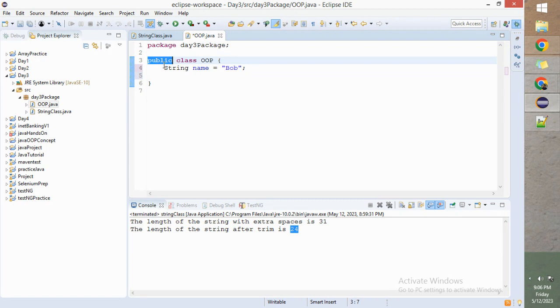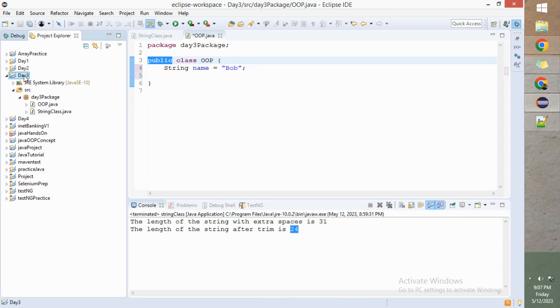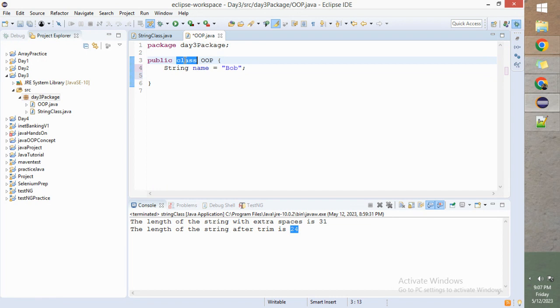What this is, it is called a public keyword. So what basically this indicates, as the name suggests, is public, right? So it is accessible to the entire public, meaning it is accessible across the entire project. This is the project name, named day 3, right? So no matter how many class files I create over here, no matter how many different packages, and inside that package I create some other class files, this particular class will be accessible across all packages, across all other classes